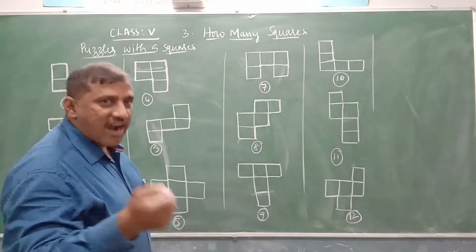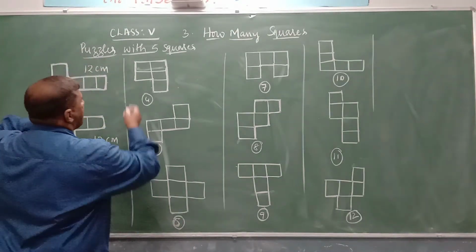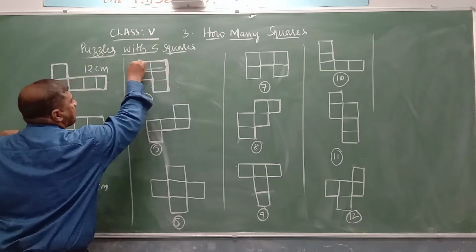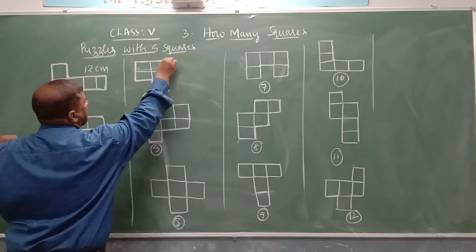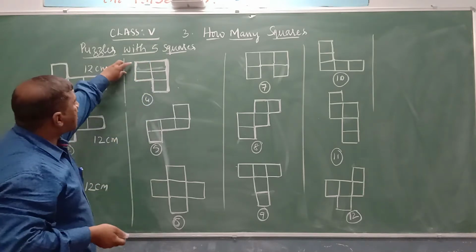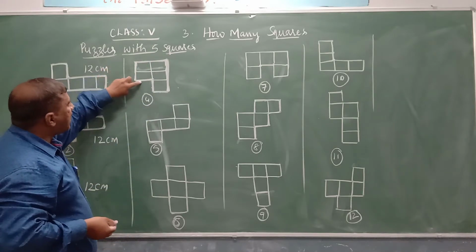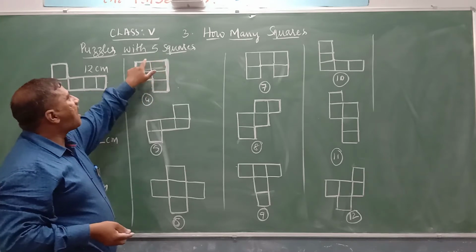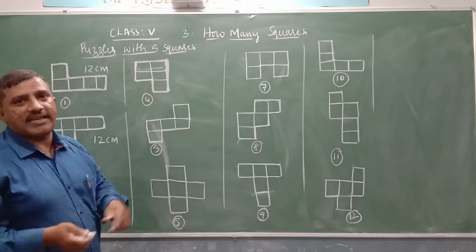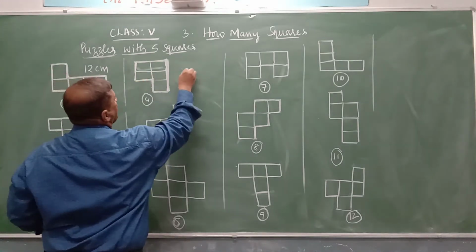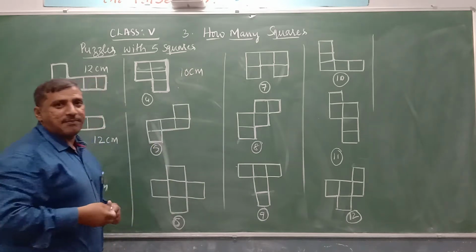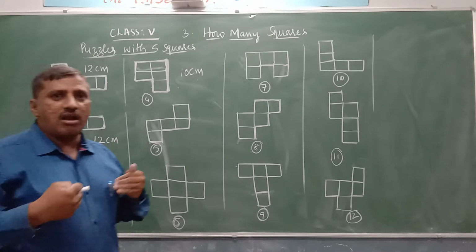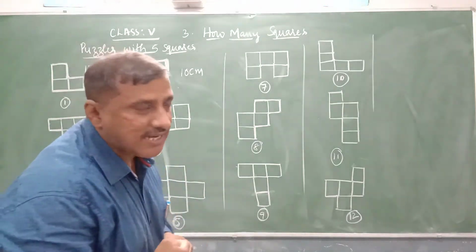Now find the perimeter of shape 4. This is the boundary length of shape 4. You have to find how many sides are enclosed in this figure. Start counting from here. 1, 2, 3, 4, 5, 6, 7, 8, 9 and 10. Only 10 sides are there here. Therefore, its perimeter is how much? 10 centimeters is the perimeter. Whereas shape 1, shape 2, shape 3 all have the same perimeter, 12 centimeters.